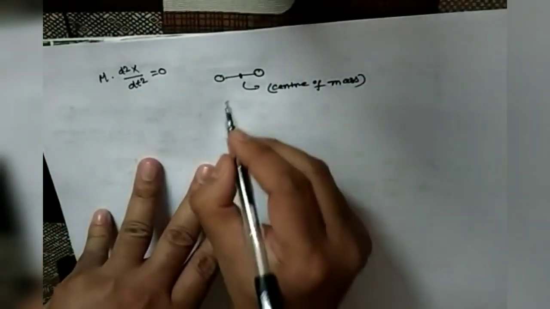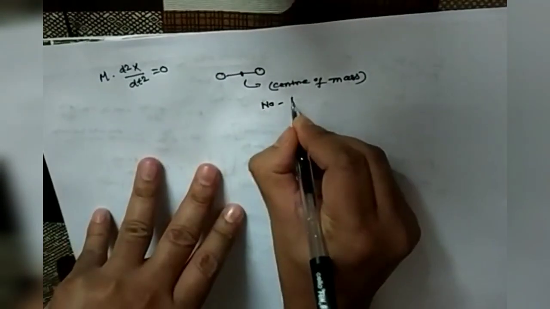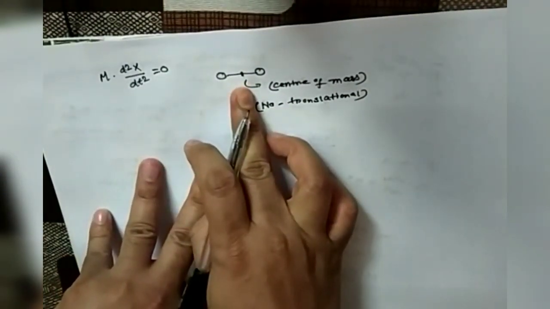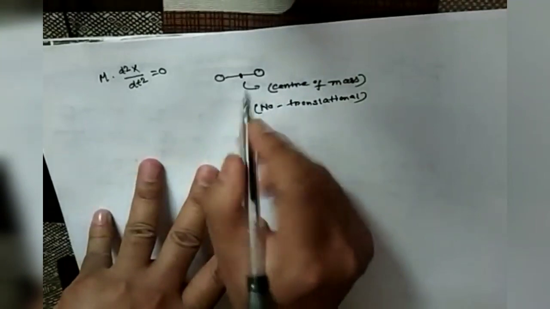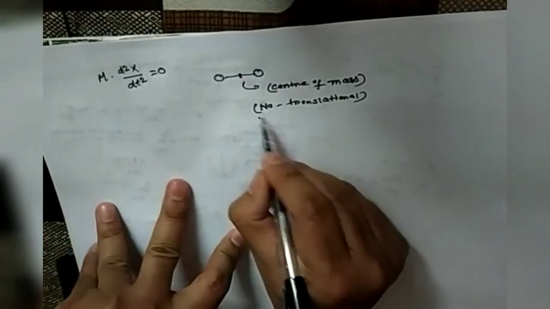So this center of mass will remain the same. There will be no translational motion of this molecule. If translational motion occurs, then only the coordinates of the center of mass will change. But if the molecule just stretches or vibrates, like stretching out or stretching in, then there will be no change of the center of mass. The center of mass will be unaffected by these types of vibrating motion of these two atoms. So there will be no translational motion according to this equation, and the center of mass will remain fixed.